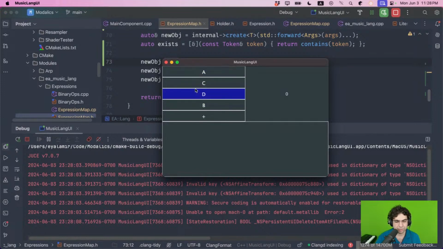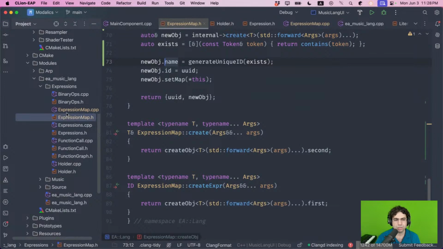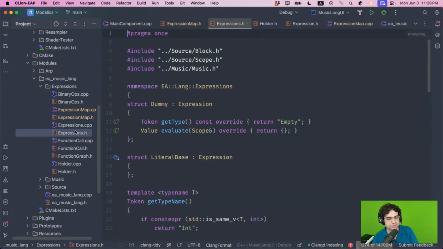I don't like that it just shows the letters. That's kind of weird. So let's have something better. Let's have some function that shows both the type. In this case, some of these types have all these musical functions, like transpose, for example. And then we can probably do something like,